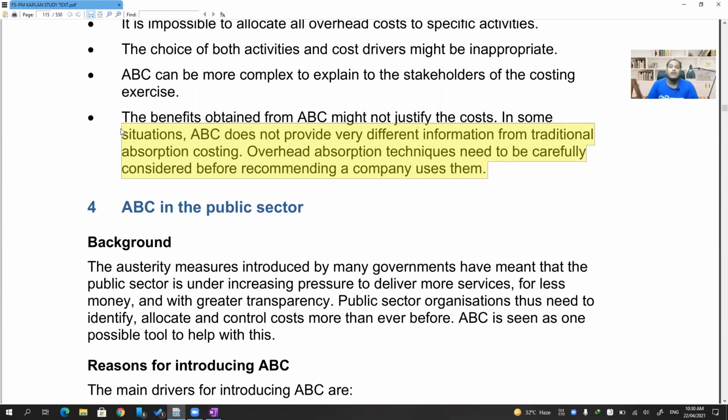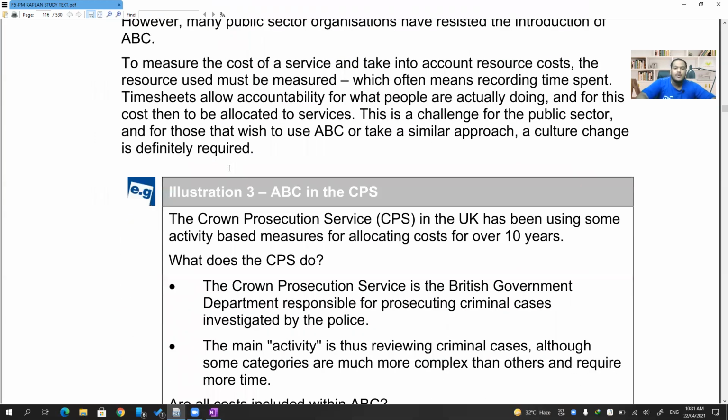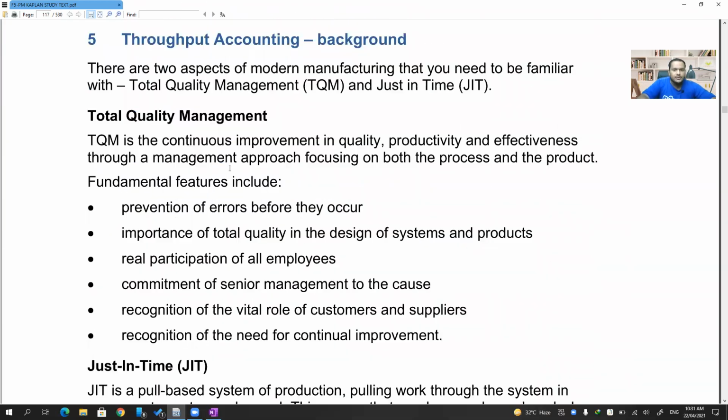Absorb the fixed overheads to the respective units based on the absorption rates, then compare with the actuals, then figure out the over absorption and under absorption. It's a lot of lengthy process. The benefit might not be as much as the cost that you are incurring, or the time that you are spending. You might not get that much return or benefit from those calculations or activities. Okay, that, my dear friends, is ABC.